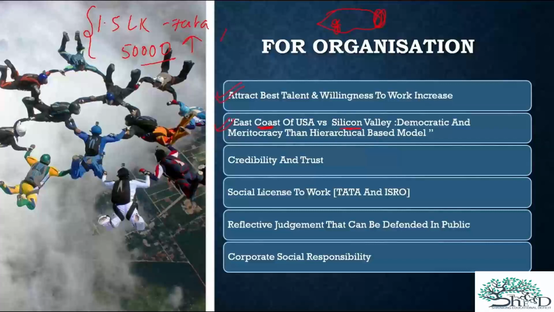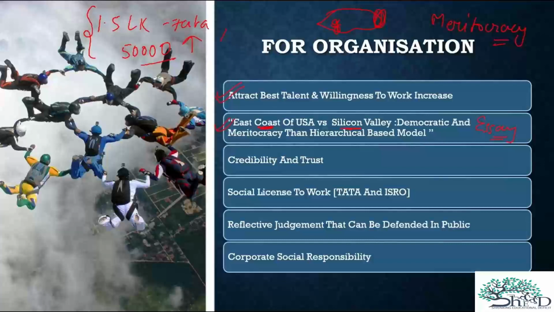Why? Because democracy and meritocracy were followed over there. This can be used in an essay also. So the development started on the east and shifted to Silicon Valley. Now Silicon Valley is the hub of development because they focused on meritocracy. If an organization focuses on meritocracy and not on, let's say, just promoting yes men, but on people who can actually get the work done, and they are promoted, what can it lead to? It can lead to superb development.